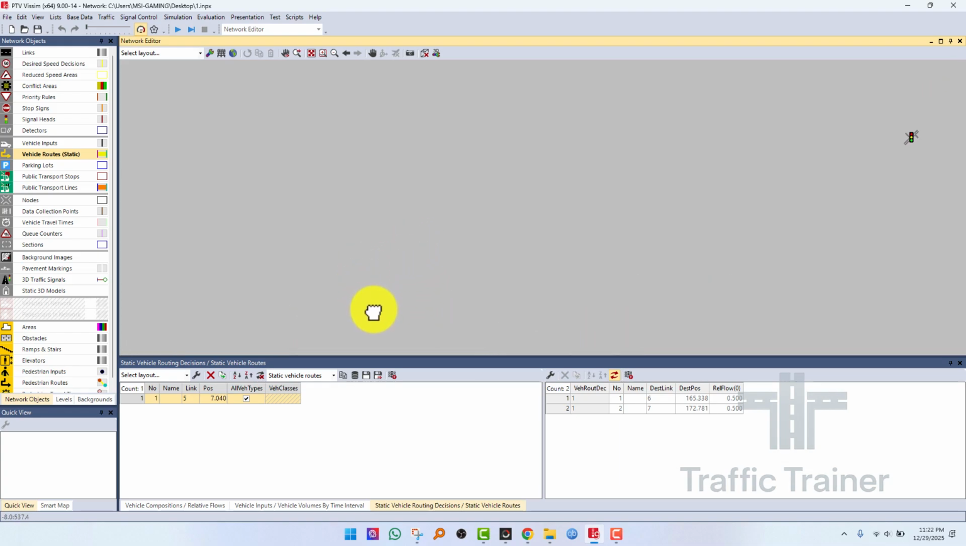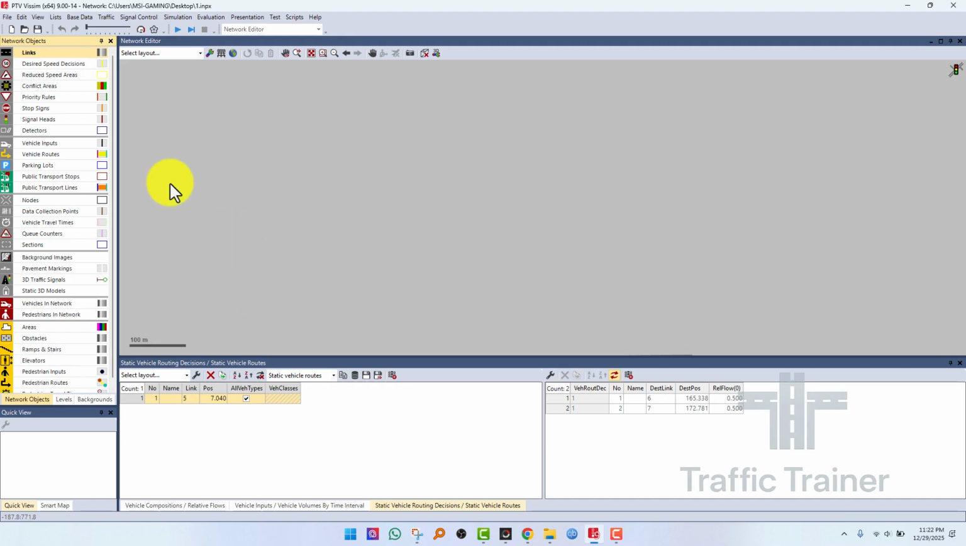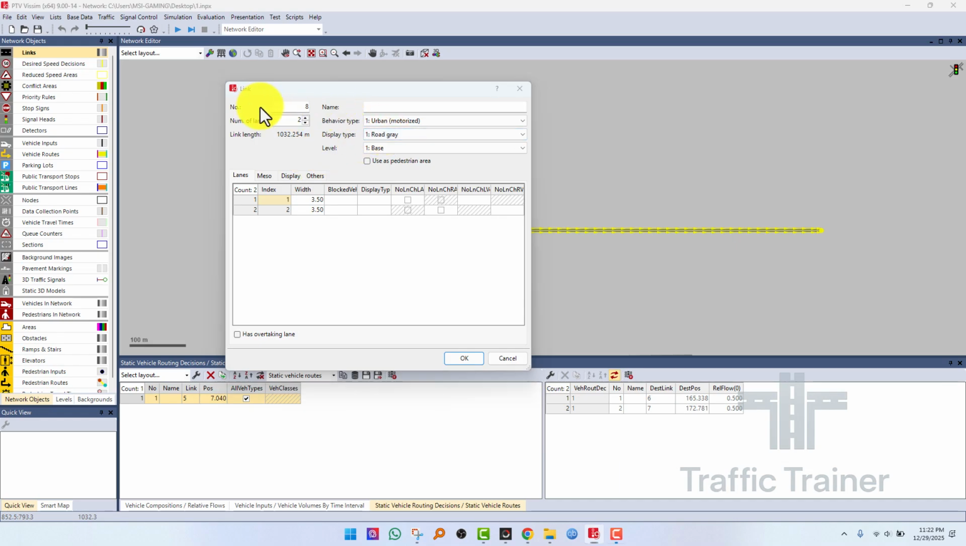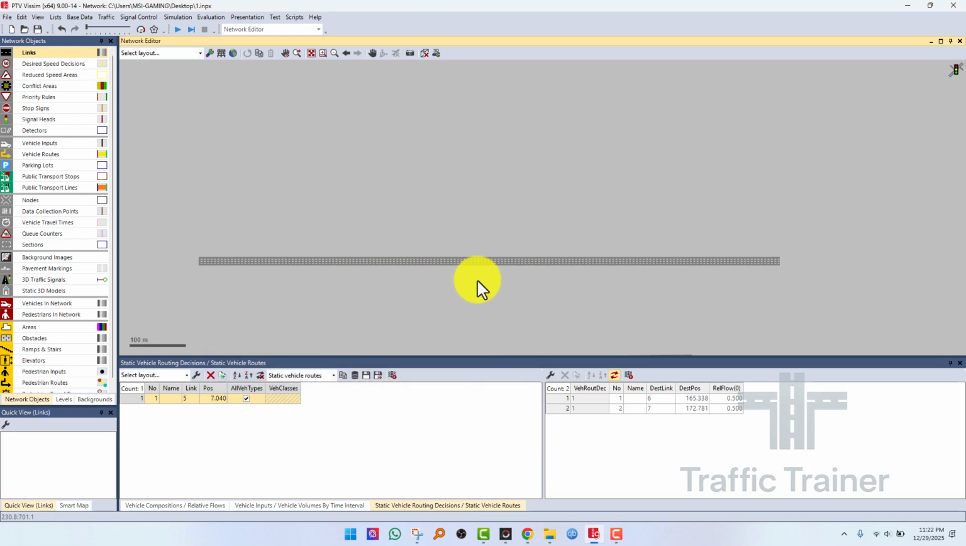Now the third thing we want to learn is how to set up parking lots in Vissim. So for parking lots, we need to first of all create a link. Let's go to links and create a link. And once we are here, I have an option to assign the lanes. Let me make it 4 lane. Now I have a 4-lane road